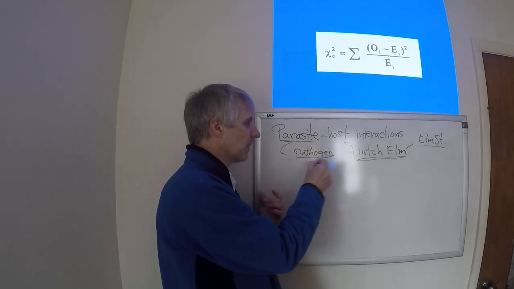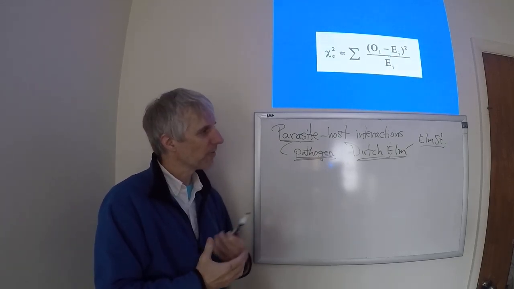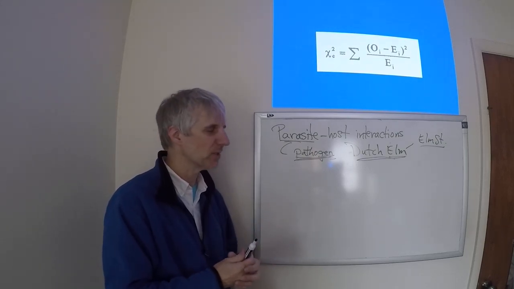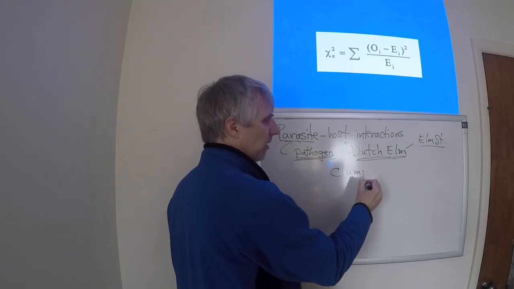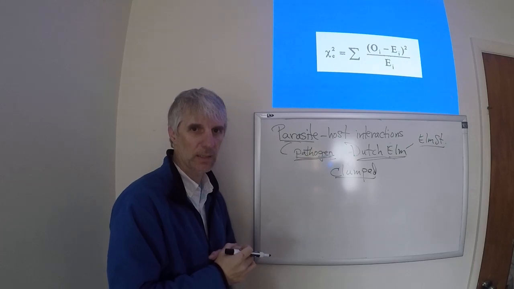And then along came this pathogen that causes Dutch elm disease. And over time, what the Dutch elm pathogen did was take a dispersion of Dutch elm that was fairly clumped, lots of them